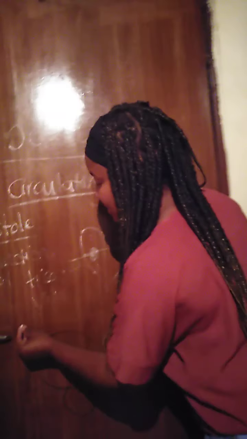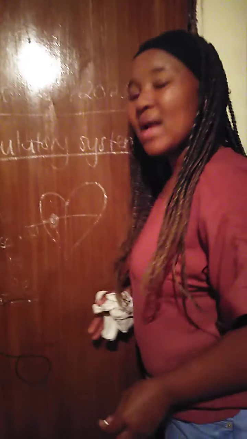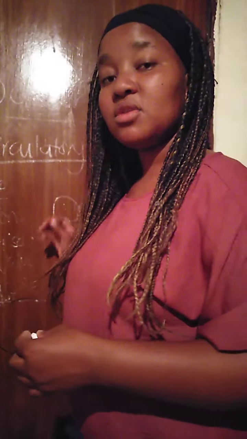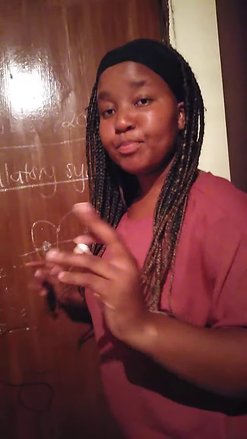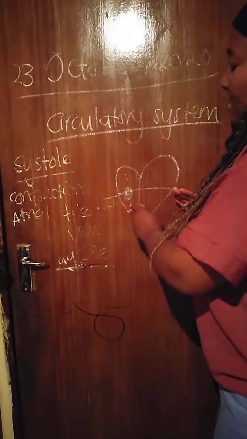And we also have what? We also have a diastole. What happens during a diastole? During a diastole, it is exactly when the heart relaxes. It is a relaxation of the ventricles and the blood is able to pass. So during a diastole, what will happen here? The tricuspid valve will open and relax, and the blood will be able to flow from here